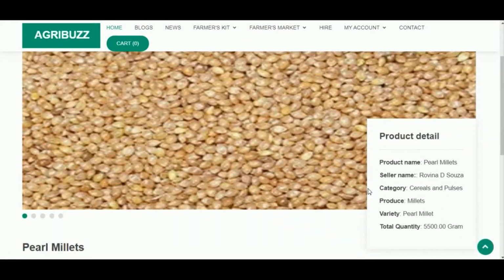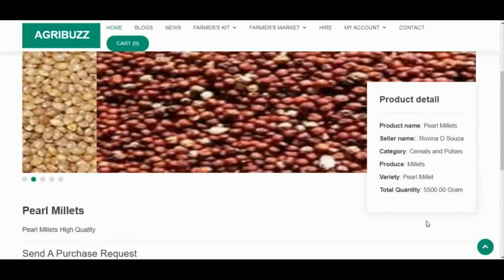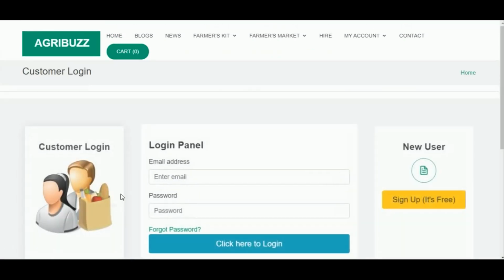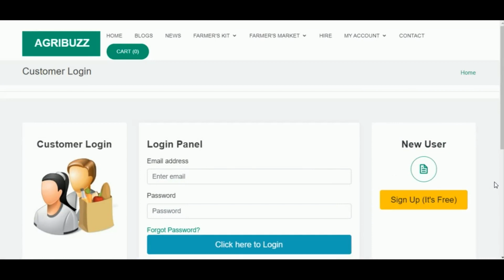They can see the product details. Only by logging into the portal, one can purchase the products.